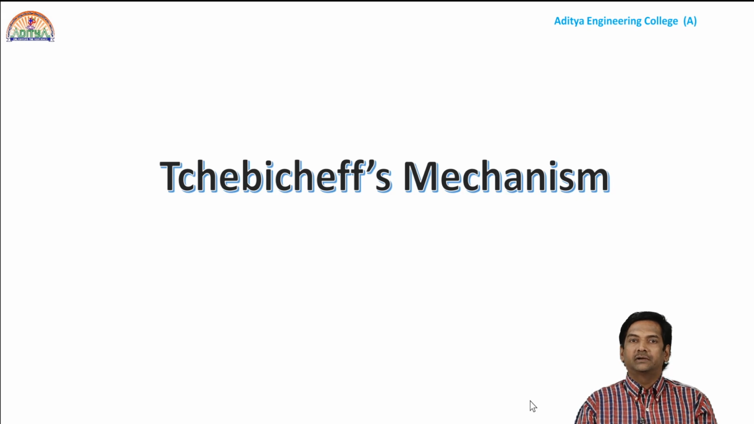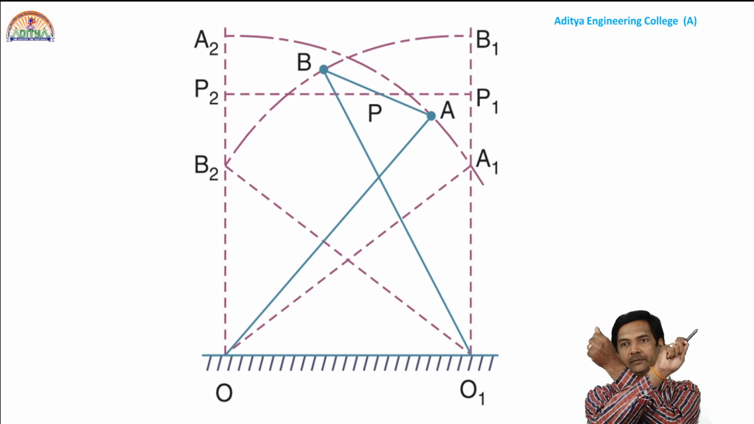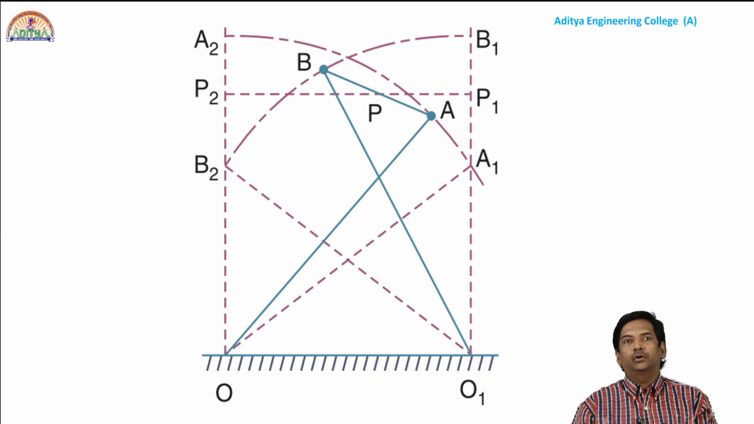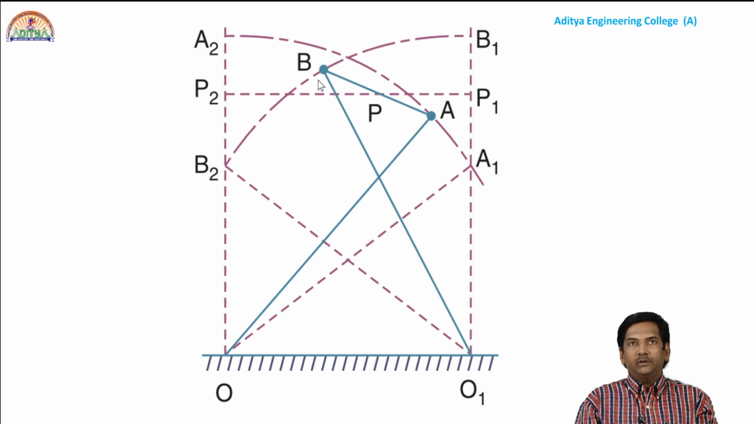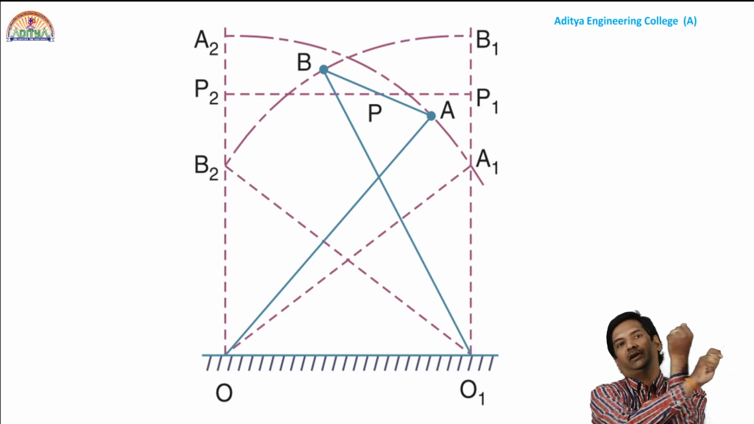Now, we shall check how the Chebyshev mechanism will work. So, this is also one of the approximate straight line mechanisms. Now, in this mechanism, we are having 4 links, O1 is a fixed link. Now, we are having a cross link like this. So, OA, AB and O1B, these 3 are the 3 links. Now, we need to adjust the point AB in such a way that whenever this cross link is moving to the left side and the right side,